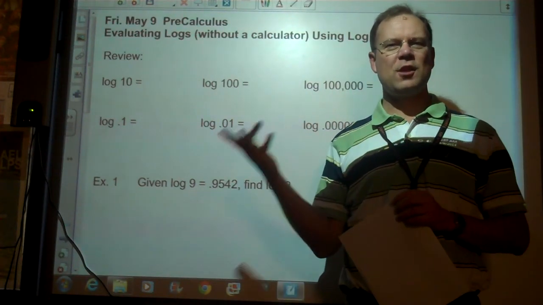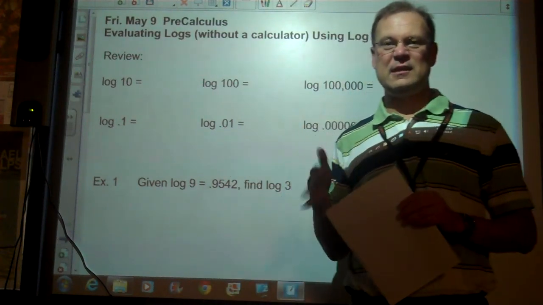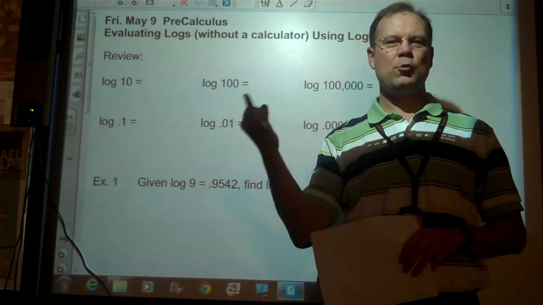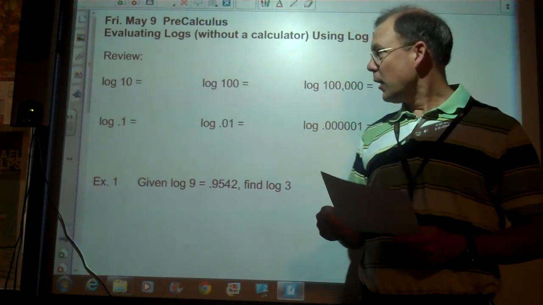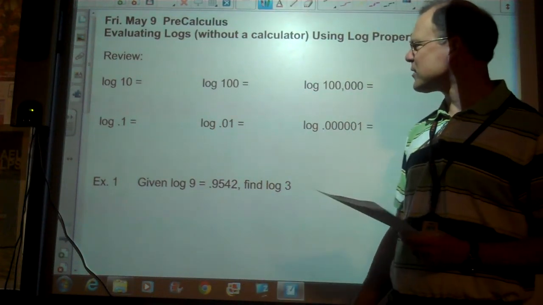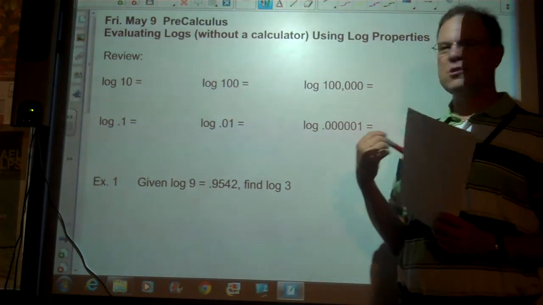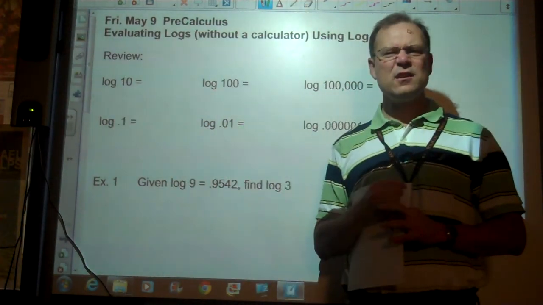If you're not using log properties to do these, you're probably not doing it right. You need your log properties. I'm talking about product property, quotient property, power property. The big three. Okay, so let's start out with some review. Logs of powers of 10. Okay, so the log of 10,